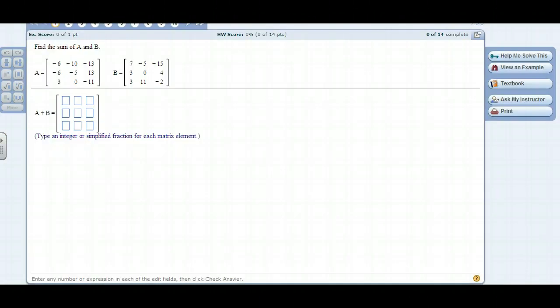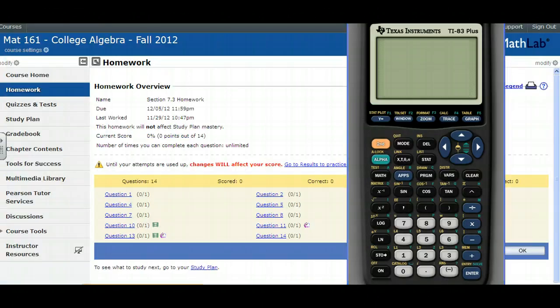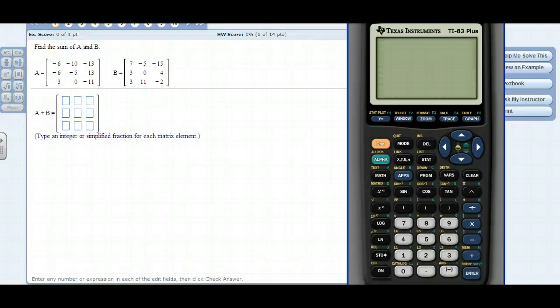Alright, so in this section you're going to be doing a lot of matrix operations, meaning you're going to be adding, multiplying, subtracting, that kind of thing. So in your calculator, the matrix menu is the second menu of the X inverse button. So I can hit second X inverse and come in here to the matrix menu